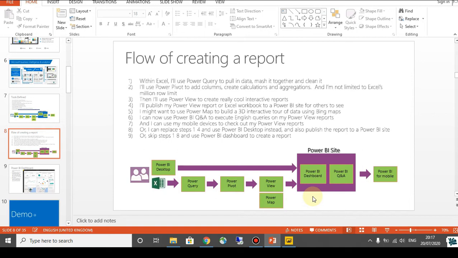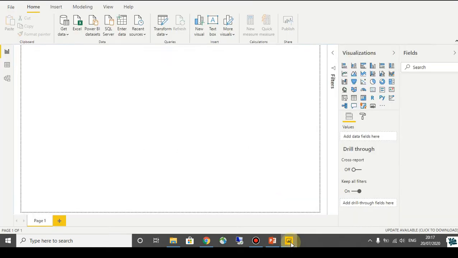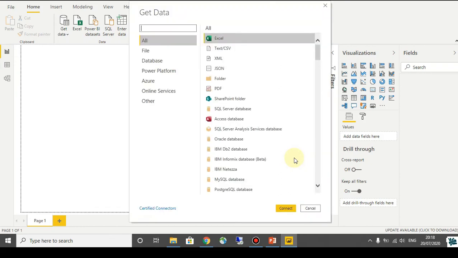So, we will see in Power BI Desktop how many sources there are in the Power BI tool. This is the Power BI canvas. At the top there is an option named Get Data. If you click on that option, you will get a pop-up. See, these many are the sources through which we can import data into the Power BI tool.